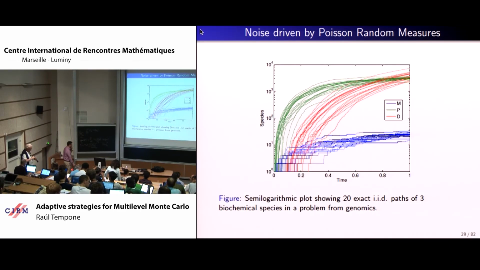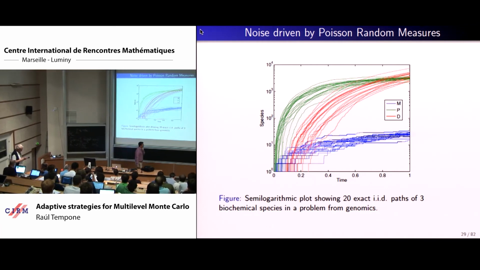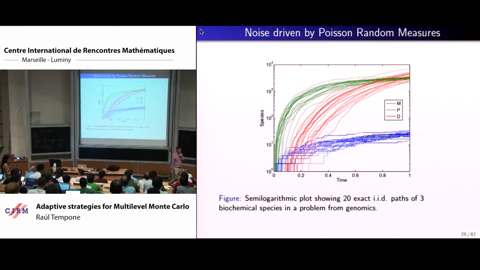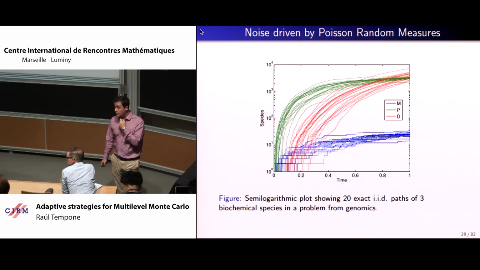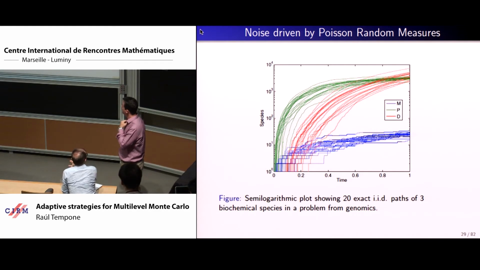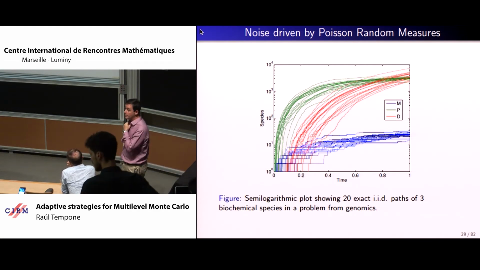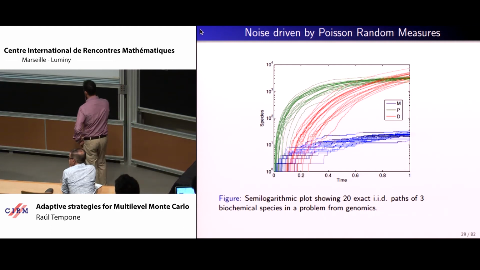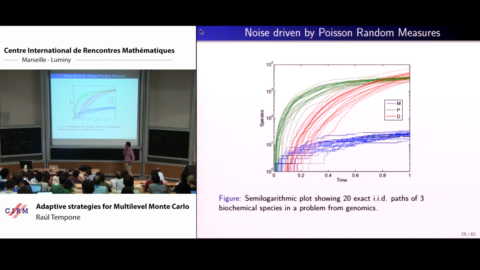So, we are going to discuss another idea for adaptivity in this second context. The second context involves paths that are also random and depend on time. But as opposed to the stochastic differential equations that we were given before that were Ito type, these paths actually can be solved exactly. So these paths are given by piecewise constant functions, and the only random thing about them is essentially the time where they jump and which kind of jumps we have.